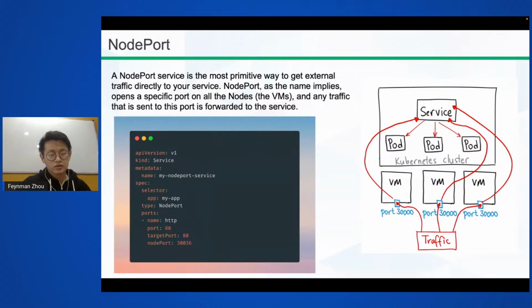Okay, let's deep dive into the NodePort mechanism. As we have mentioned earlier, NodePort will open a port on each Kubernetes node. So as you can see from this graph, it has opened port 30,000 on each worker node. But it might bring some potential security issues since the outside request can directly access your host